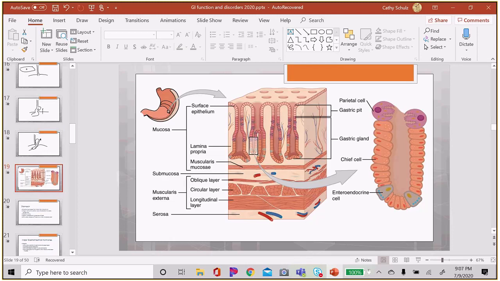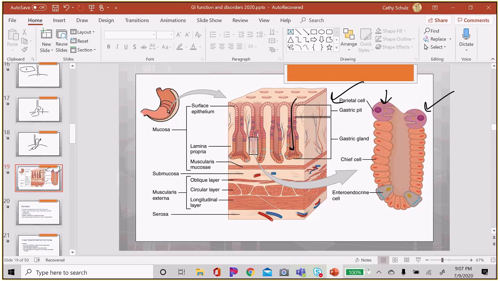Here we are working our way down to the stomach. The stomach, here are its layers: the serosal layer, the muscle layer, the submucosa, the mucosal layer, that is this layer on the top, which you can see the villi to increase surface area. And in these gastric pits where we're going down to increase surface area, we have these types of cells in the gastric pits. We have parietal cells, which